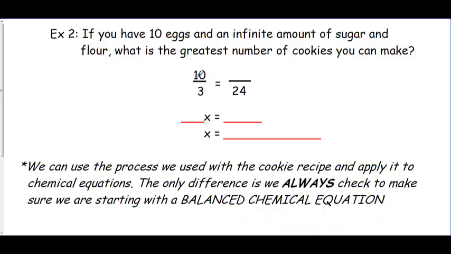So now we have 10 eggs. How many cookies can that make? Okay, so again, cross multiply, we have 240 and then 3x. Okay, there's the x. Divide this side by 3 and you should get, okay, 80 cookies